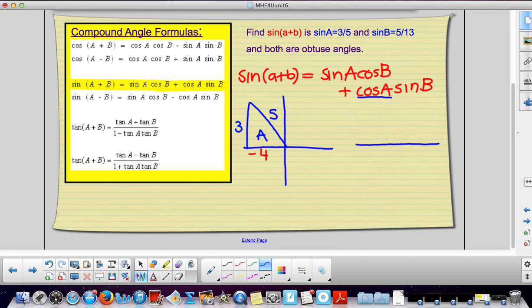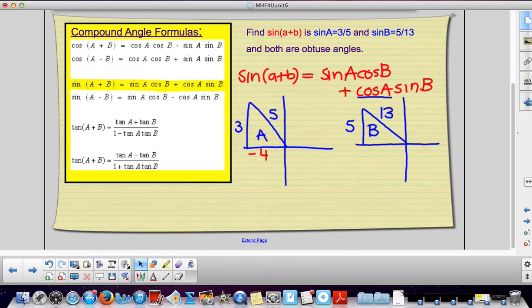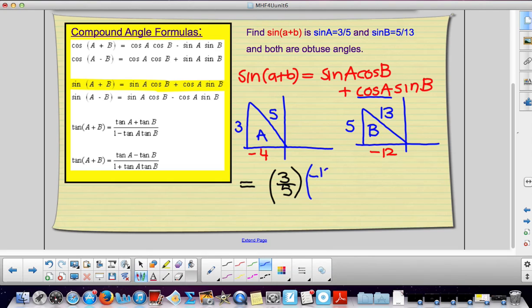Same thing with triangle B. I know that my opposite and my hypotenuse, 5 over 13. With the Pythagorean theorem, you can solve for your adjacent. That's going to be negative 12. So now I have all the information I need in order to plug values into this formula. So sine A, which I already know the value of, 3 over 5, times my cos B, and cos B is going to be adjacent over hypotenuse, so I know that's going to be negative 12 over 13,